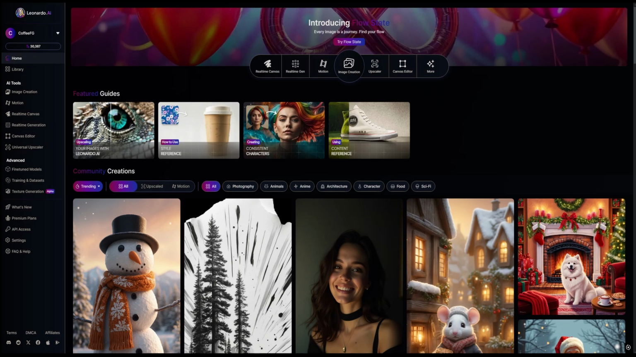This time around, we're going to be looking at two brand new models that have just come into Leonardo, and